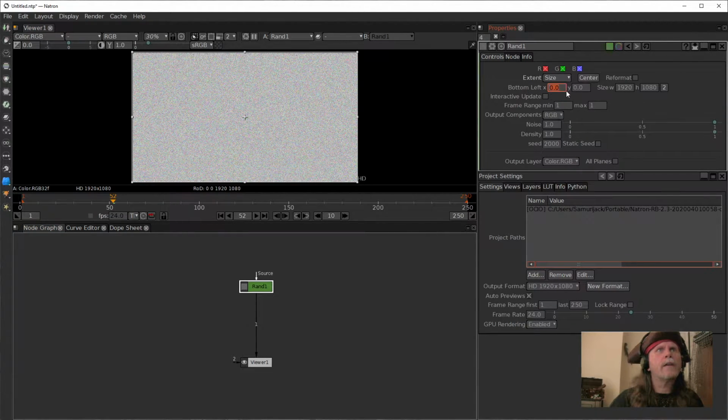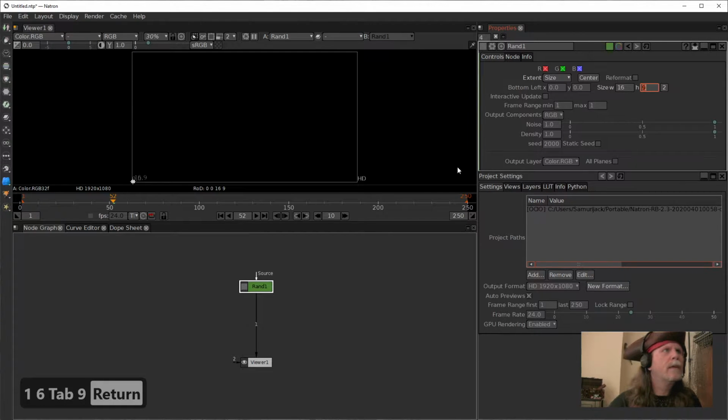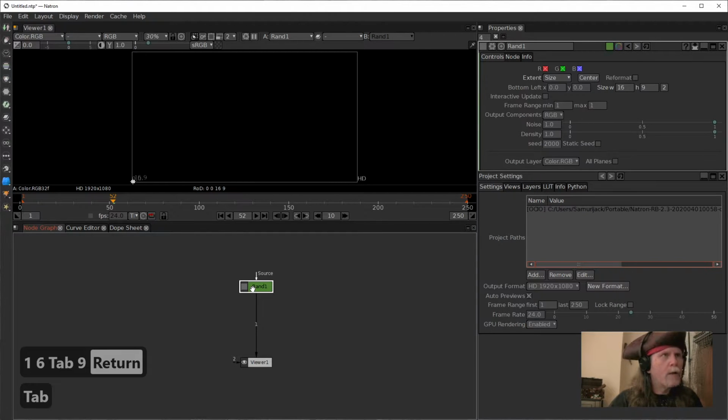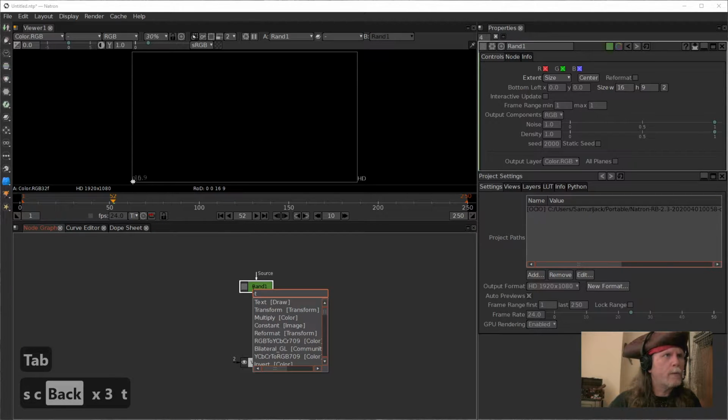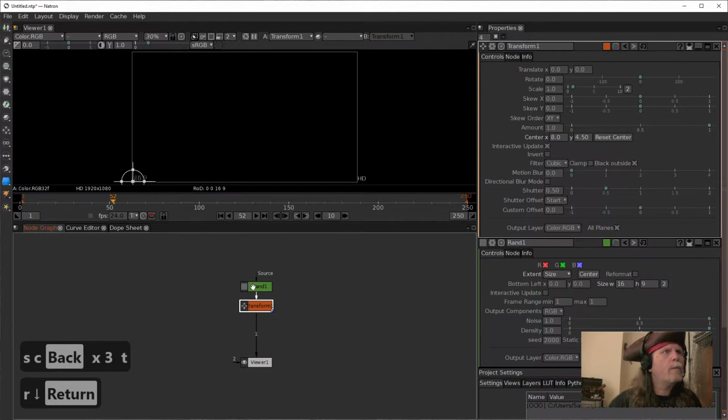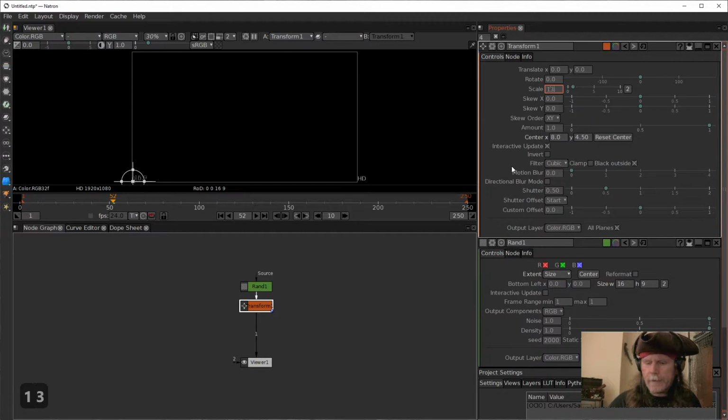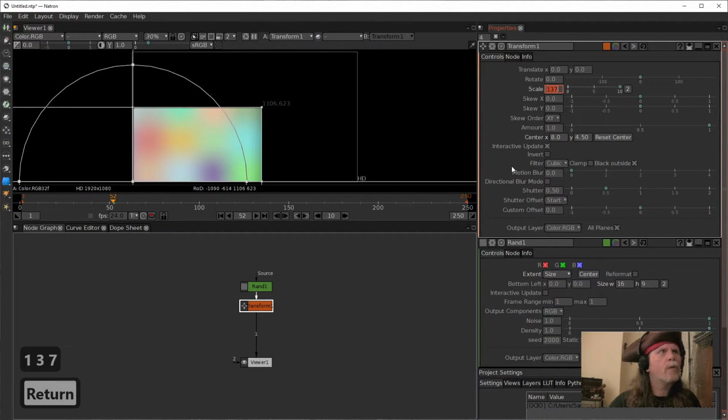Let's change its size. Instead of 1920 by 1080, we're going to make it 16 by 9, and then we're going to put in a scale node, or no, a transform node. Transform. And we're going to set the scale up to about 137, I'm guessing. Give us a nice